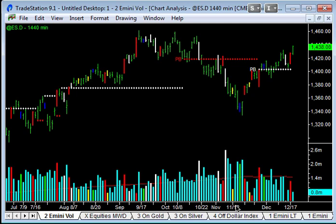We're up at 1438s at the moment. It was an exhaustion buying up bar yesterday. So far today, 0.8 million contracts traded. I think we'll end up with another one of those. But a lot of exhaustion patterns are happening at the moment. This is this Christmas rally type thing. So wait till the new year to see how the trend changes play out, but just be a